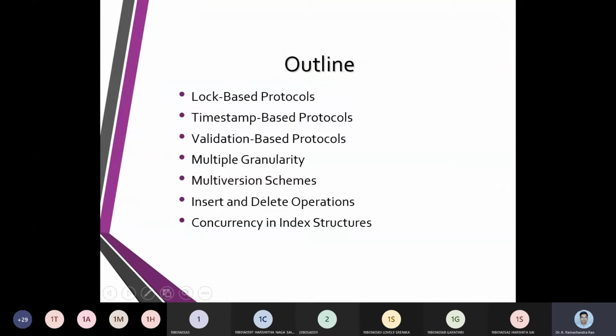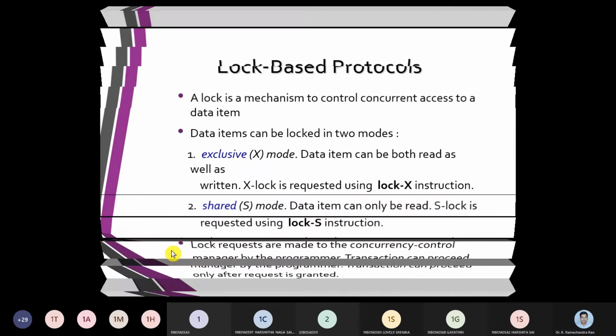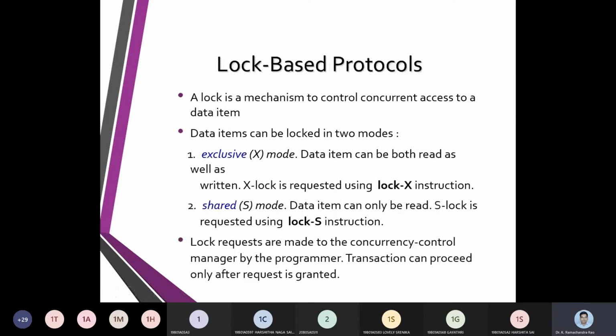As a part of concurrency control, we will have insights towards locking, time stamping, validation, and granularity. We were talking about how multiple programs can be executed concurrently in parallel, and there was no overlap.